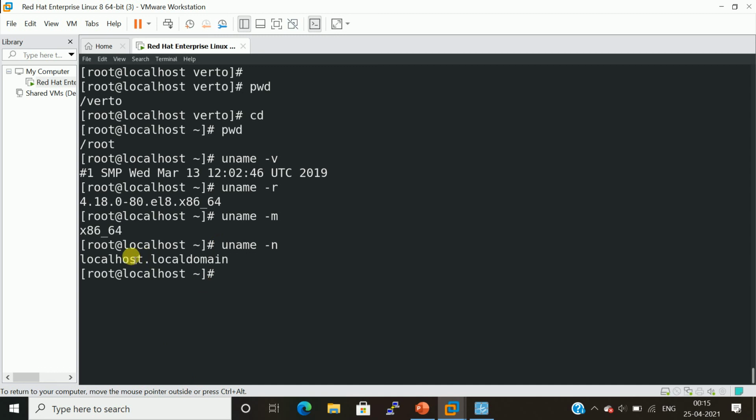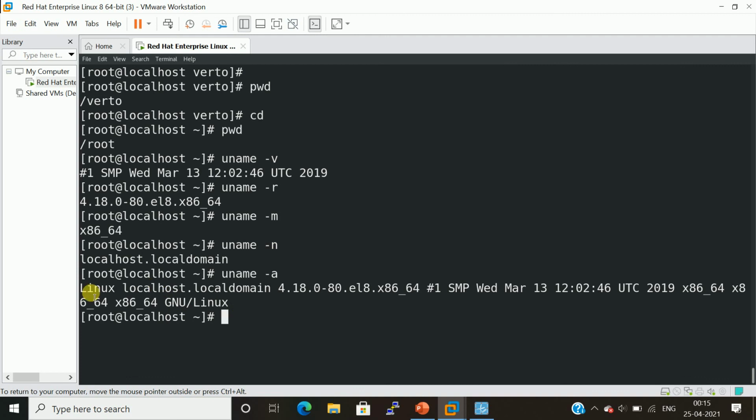It will show the host name. We need to see all these parameters, so we go with the other command, -a. If you observe here, these are all the parameters of our system: 64-bit version, release date, and it also has the timestamp.